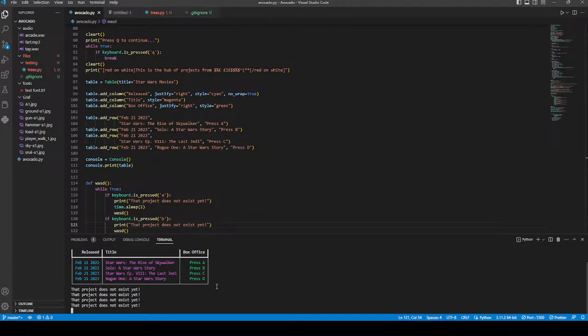Yeah, then we're just essentially spamming it. I could make like an anti-spam: every time it prints, it's going to increase x by 1, and if x equals 4, then it's just going to clear and then reprint the table. I guess I could do that, but that's going to be a lot of work, and the chances of it not working are pretty high. So what I'm going to do is